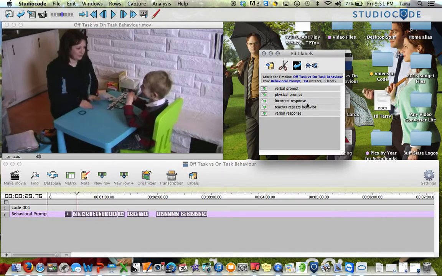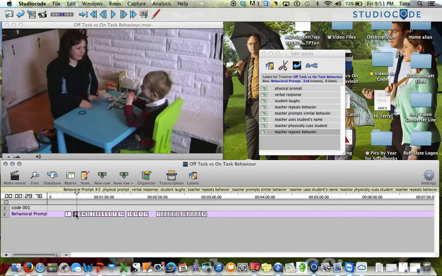So I have incorrect response, and the word response to me indicates it was the student. And then I also put down verbal response. So it's not like the student didn't do anything. He just gave some kind of verbal response that was not correct. So I've also coded the second instance, and I found some similar things. It was a physical prompt, but this time it was not a verbal prompt also. So the teacher appeared to have moved, if the student wasn't able to do both physical and verbal at the same time,